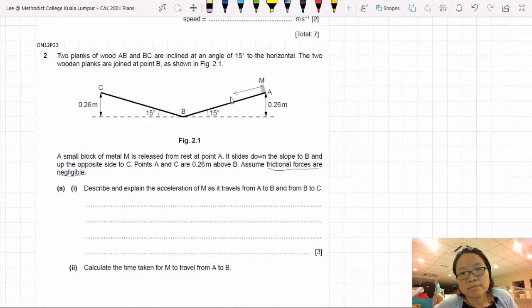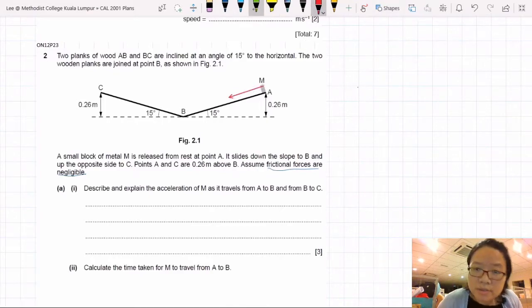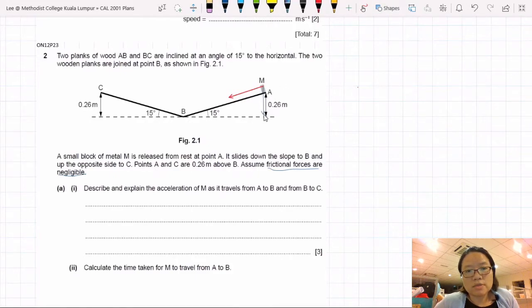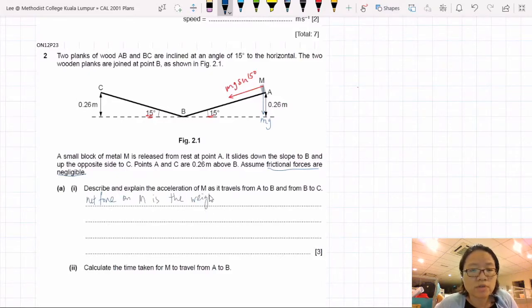So my friends, if you want to talk about acceleration, you have to talk about force. There's no other way to explain acceleration but using force. So I'm going to draw the forces acting on this M at point A. You will notice that we have our good friend mg pointing downwards, and the one pointing in this side is mg sine theta. If you need to know why this is mg sine theta, again DM me, I will show you. I might show you in the next revision video when we talk about dynamics. But anyway, the net force on M is the weight component down the inclined plane,